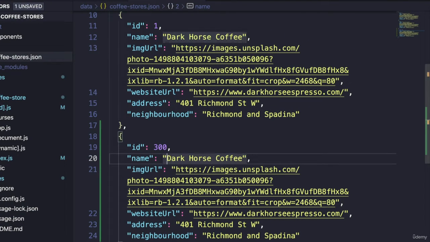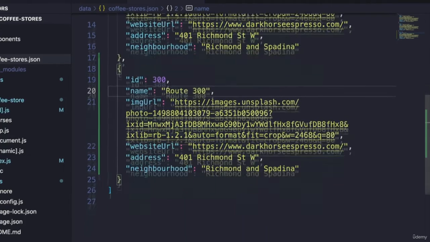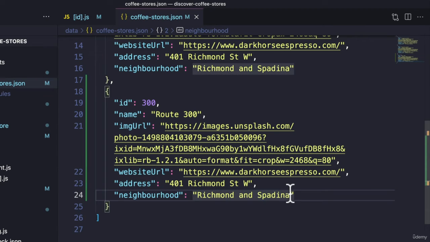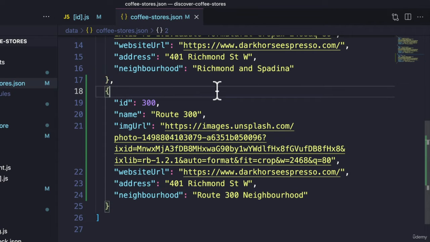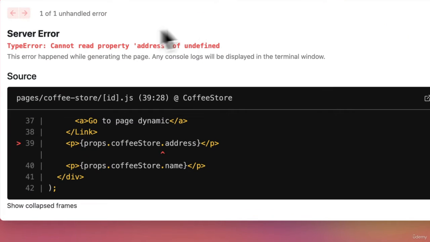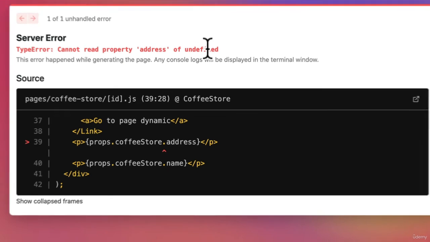Now, let's call this route 300 to differentiate. And we can keep the rest of the information the same except the neighborhood again. Route 300 neighborhood. Now, let's go ahead and refresh the page. And you still see that error. Server error, cannot read address undefined. And the reason why we're still getting this error,